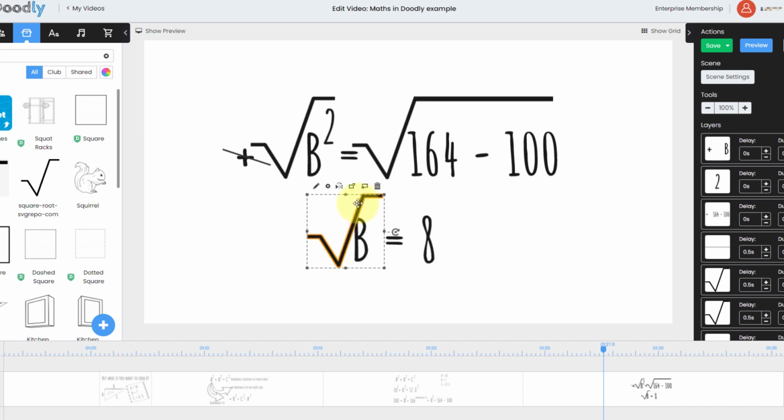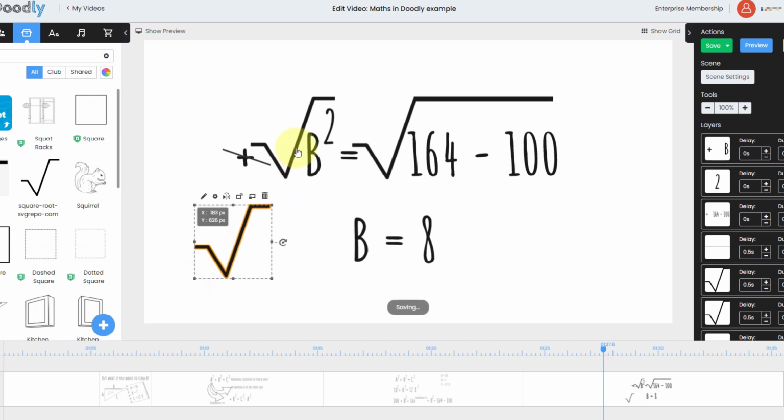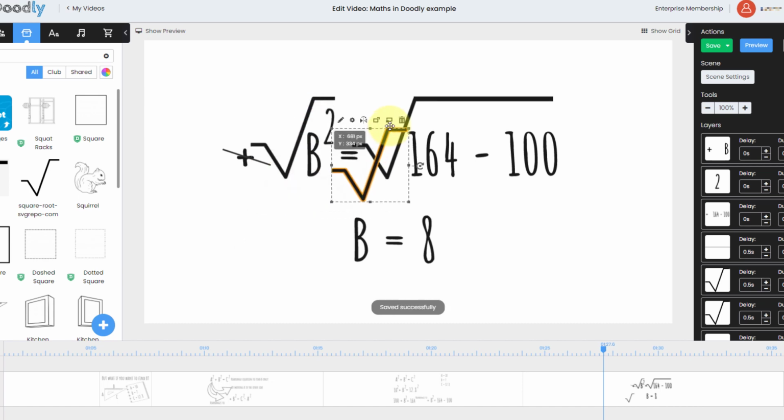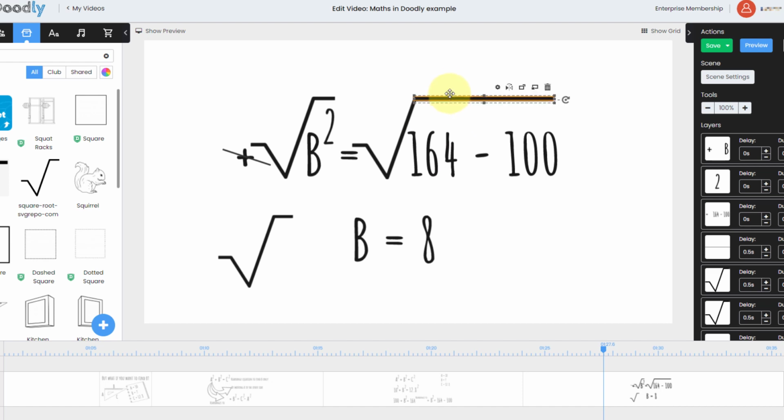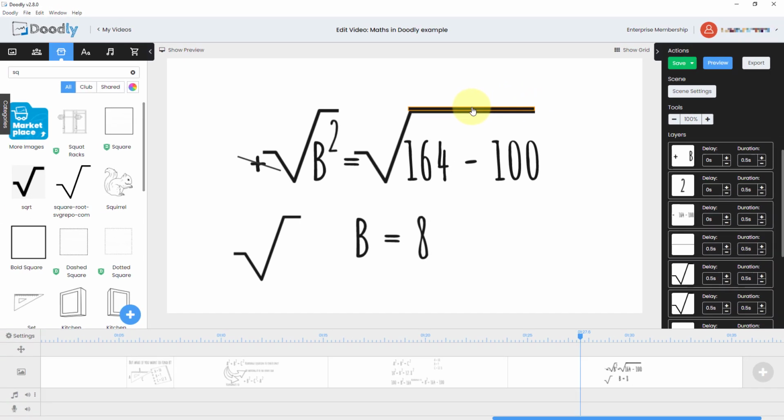The problem we have here is that it's short here. So that's okay for this, but it's not okay for that. The way I overcame this was I added a line here. Now I couldn't get the line to be the same thickness. You'll see here, if we have one line, it's not the same thickness and it looks off. If I increase the thickness, it makes it too long. So the way I got around that was I drew two lines and then I was able to match the thickness like so using two lines.